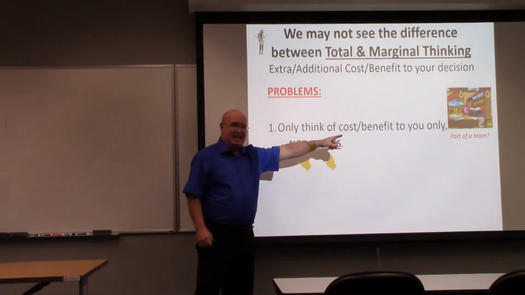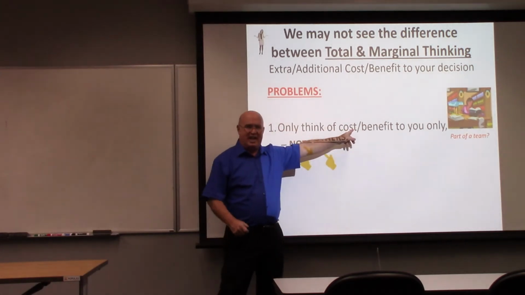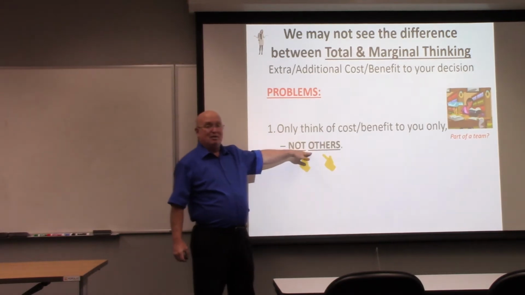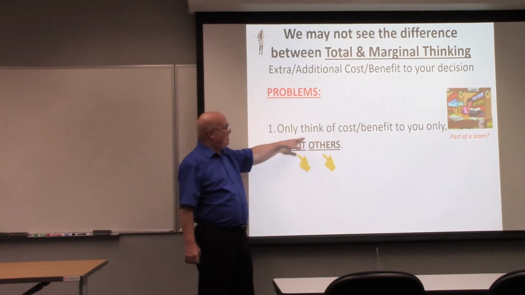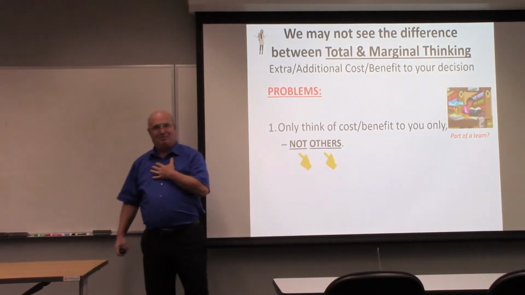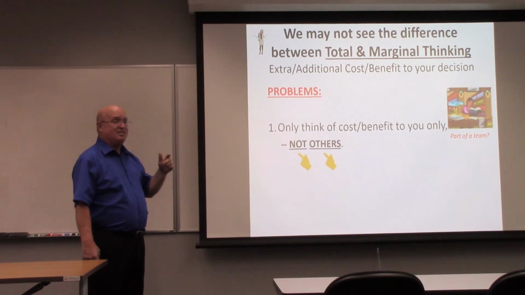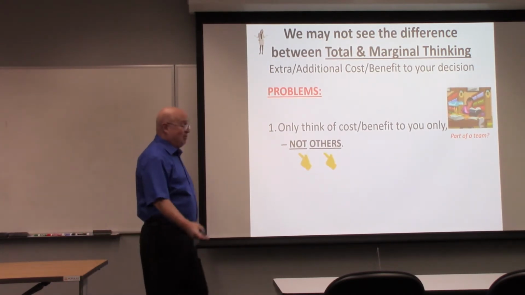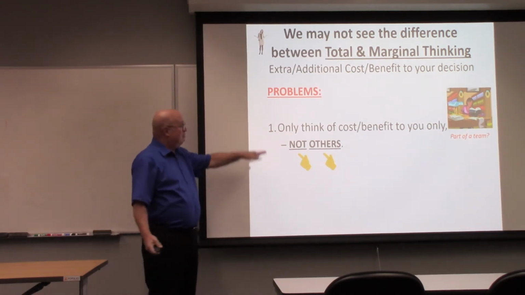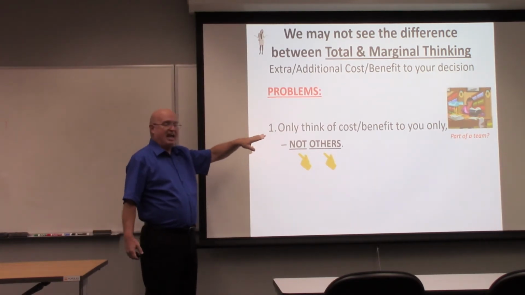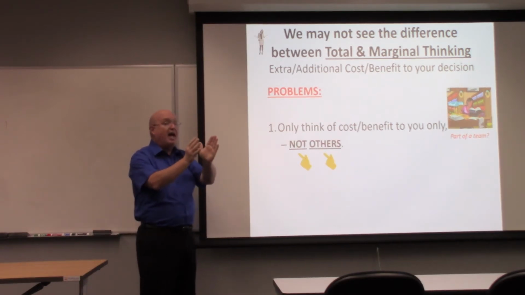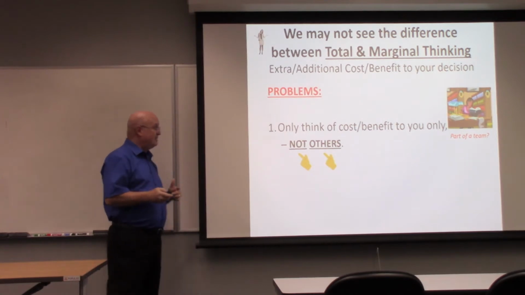Let's say you're part of a team. Remember we do a cost-benefit analysis? We take a look at what's in it for us too. Remember that part? But we may not take into account the team. So that's one way it could be our problem. Because we got a team project, whether it's in school or at work. Hey, at school, you just get a low grade. At work, you get fired. But we do this because of cost-benefit analysis. Sometimes we think very narrow-mindedly and we look at what's in it for us, and we only think of us.